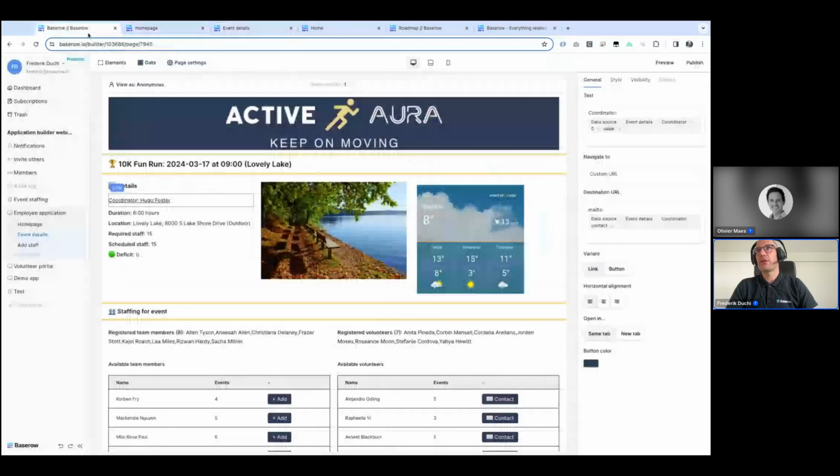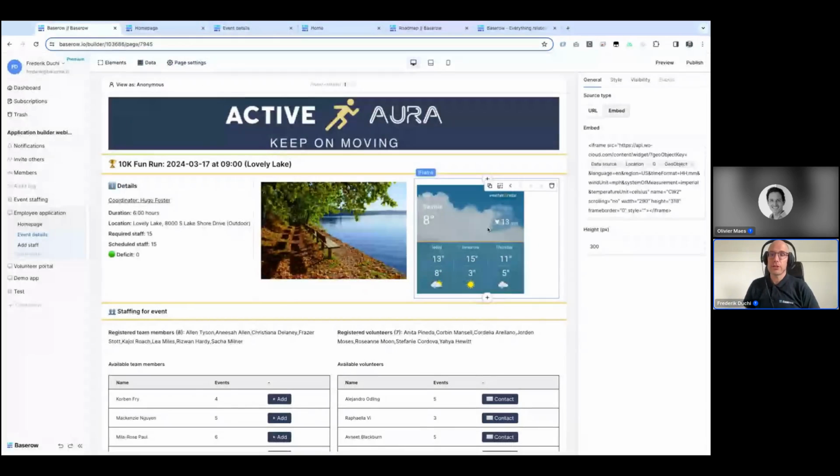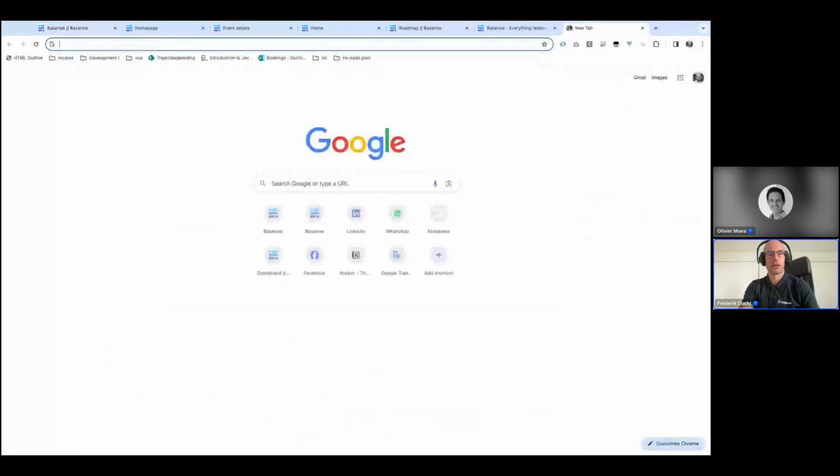Another thing I have here is the iframe element, and you can actually do really cool things with the iframe element. I now use it to implement a weather widget. So I embed the iframe and I pass the geo object location to set a certain location, the width, height, and some other arguments. But if you push this to the limits, you can also use it for some charting. For example,